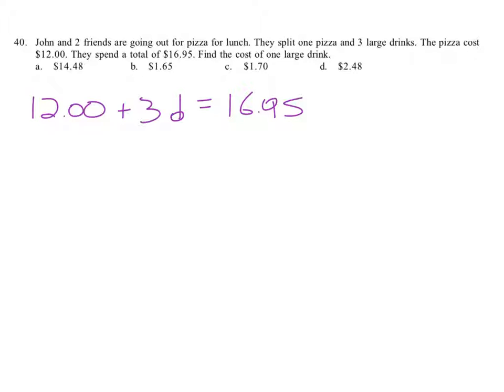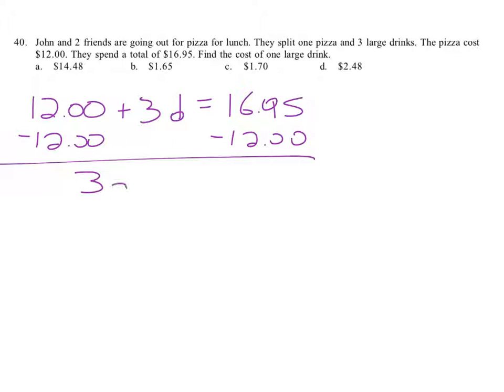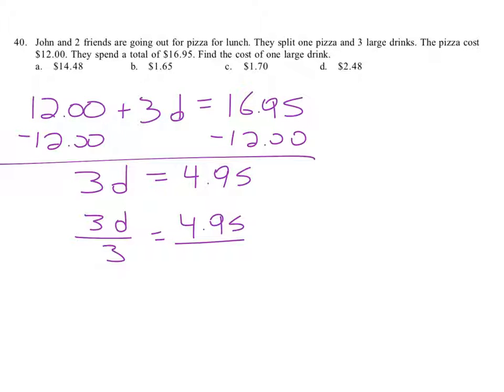$16.95. So let's say subtract 12 from both sides, and we get 3 times the amount of a drink, so there's 3 of them, is equal to 4.95. And then when we divide by the coefficient, we get D is equal to, and let's do the division over here,